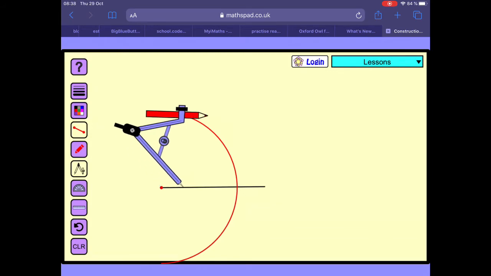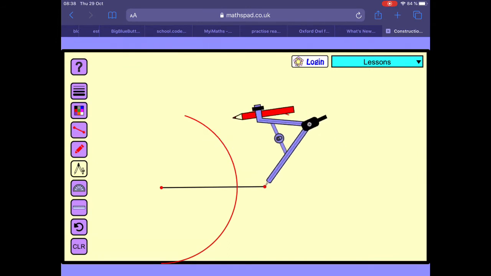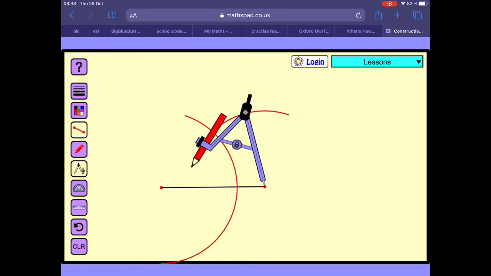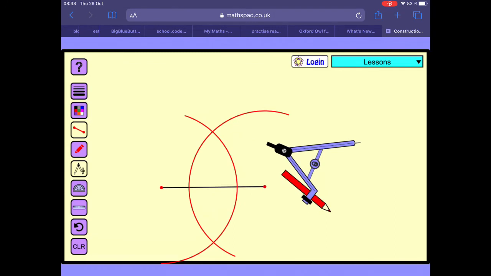Now we move the needle to the other end of the line, and we're going to draw another arc just like that. And what you will see is that this point at the top where the two arcs cross and the point below where the arcs cross again line up perfectly. They do. So then you get your ruler and you're going to join that point with that point down there,